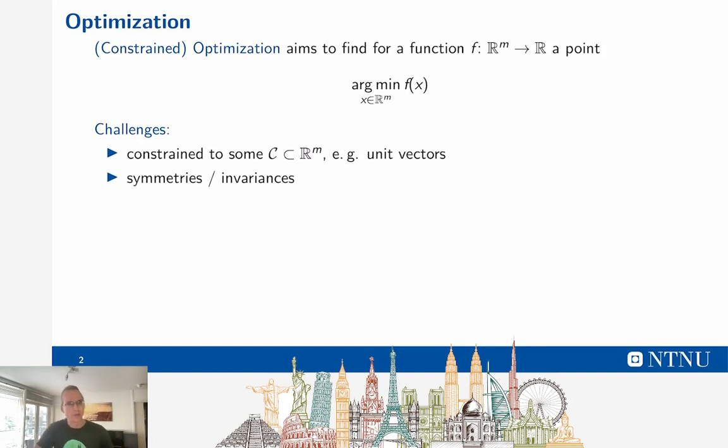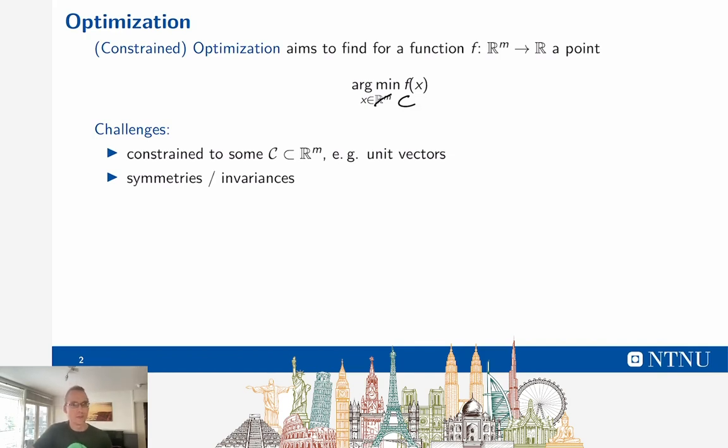In optimization in general, we are concerned with finding some x where f is minimized. So we're looking for a minimizer of a function f. For example, numerically in packages like JuMP. Challenges are here if you don't want to consider the whole space R^m, but just some set C